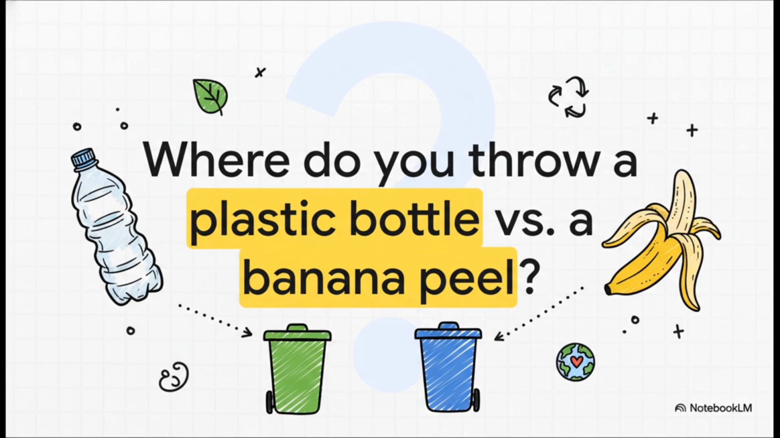So let's wrap this up with a very simple real-life situation. Imagine you've just finished eating a banana and drinking some water. You have a banana peel in one hand and a plastic bottle in the other. You see two dustbins, a green one and a blue one. Where do you throw each item? The banana peel, of course, is biodegradable, so it goes in the green bin. The plastic bottle is non-biodegradable, so it goes in the blue one. It's a simple choice, isn't it? But making this right choice every single time is the first and most important step we can all take to protect